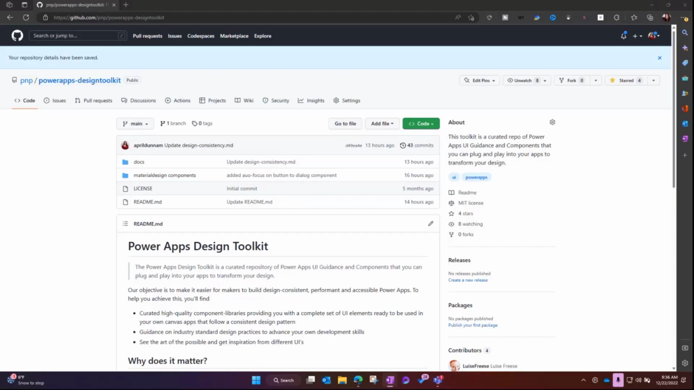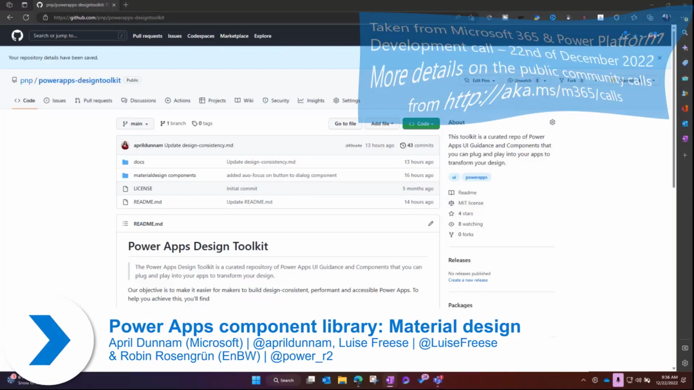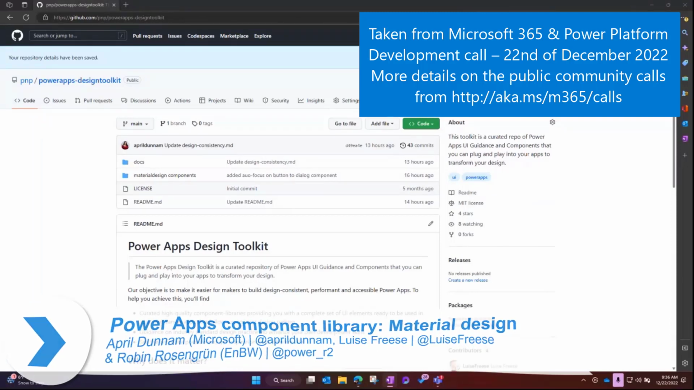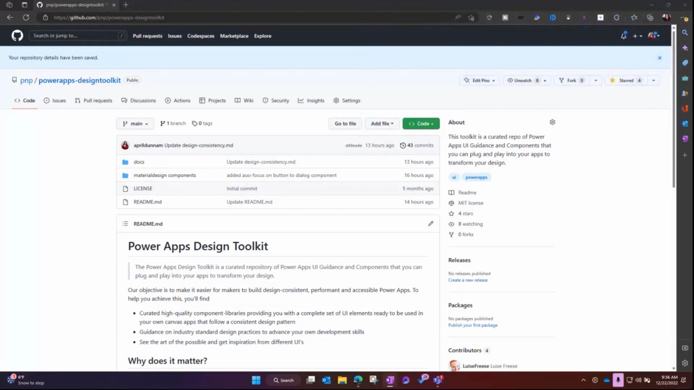So I just want to take a few minutes here, not too long, to go over a little bit of the background and bigger picture before Luise and Robin go into the demo. What we're demoing today is really part of a bigger initiative to offer some prescriptive guidance around user interface principles for PowerApps. So we have white papers and Learn documentation out there related to improving the performance of PowerApps,